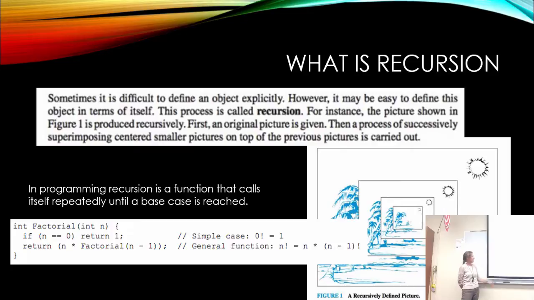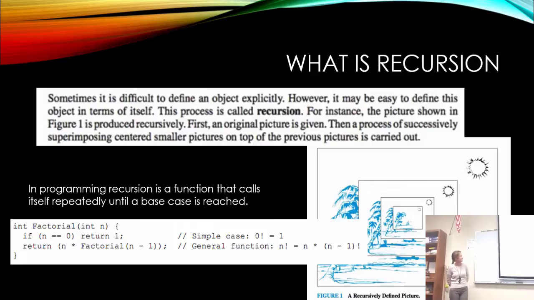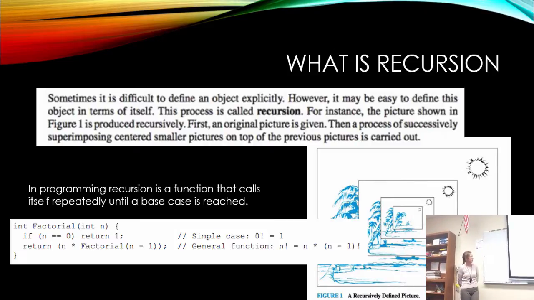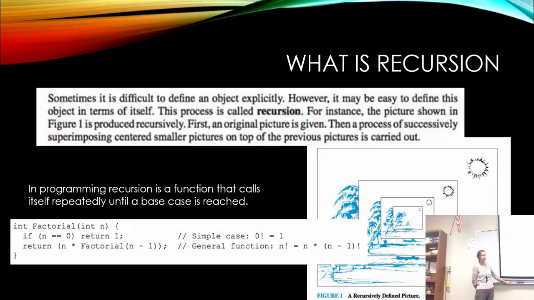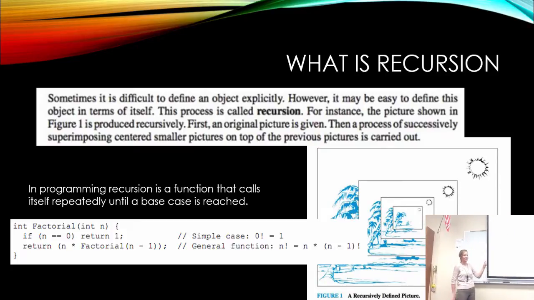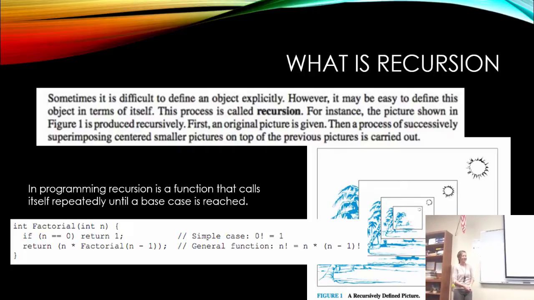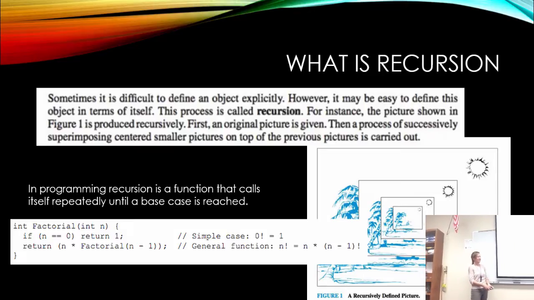Okay. And here's an example of our factorial function. And we'll get into it. We're going to write it in Maple. Okay. So how does factorial work? What is factorial? You guys know what factorial is? Everybody knows what factorial is. What's the base case for factorial? What's the one case that's not based on any of the other cases? You can see right here. When your n equals 0, that's our base case.